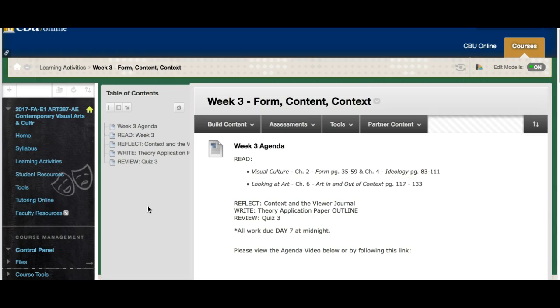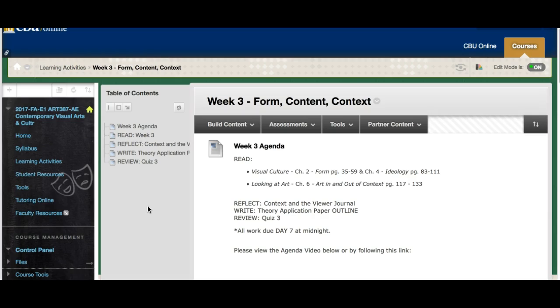A few of you still have not selected images for your theory application paper. It's really important that you get those into me so that I can approve them. I hate when students don't, and then they write their outline and I have to come back and say, you know what, these images really aren't going to work. You're making your life a lot more difficult, and then they have to go back and change it. So it's important that you get those images to me. So those of you who have not done that yet, please do that ASAP.